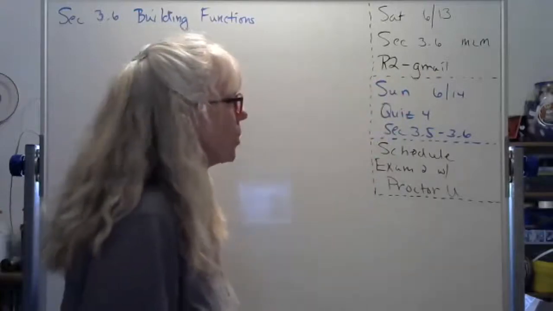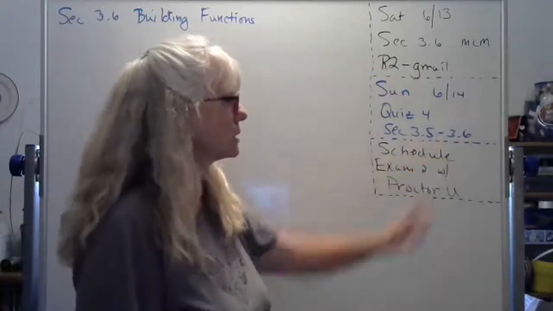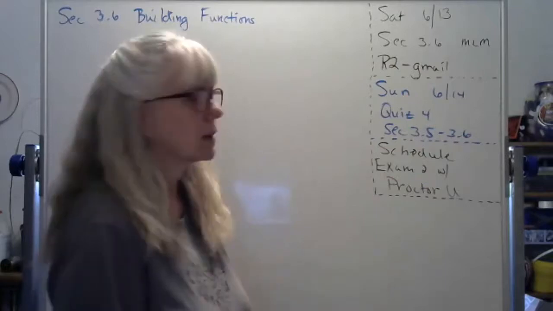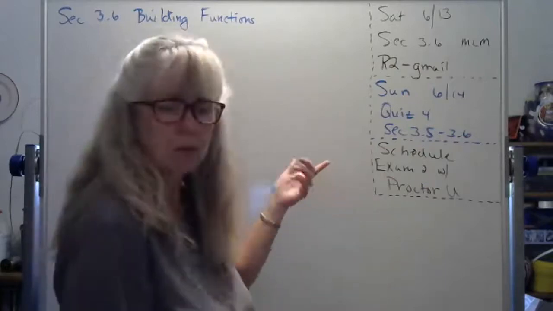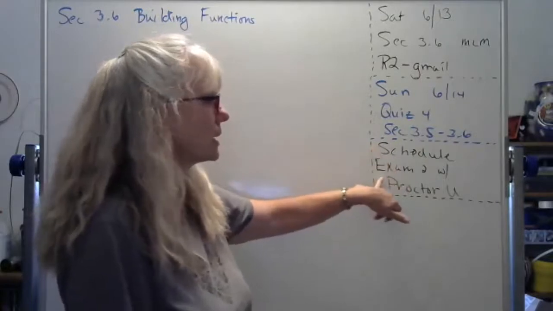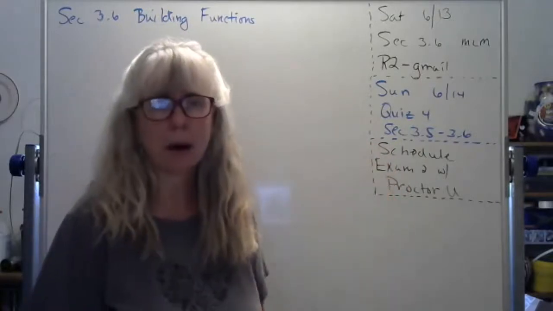Then Sunday, you have quiz 4. That's sections 3.5 and 3.6. 13 problems again. The quizzes are a lot shorter than everything else. No, 7 problems, whatever you had last quiz, same number of problems. And then don't forget, you can schedule that second exam with ProctorU at any point in time now for the